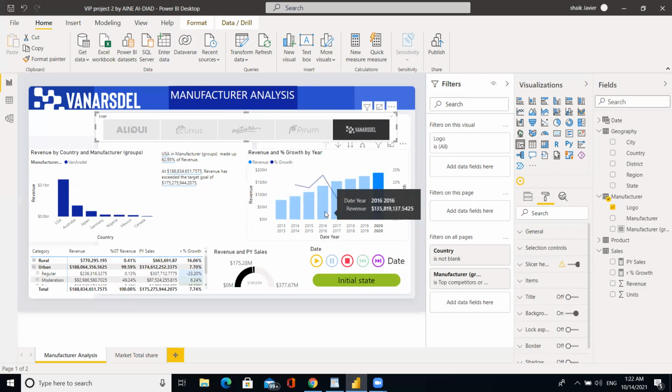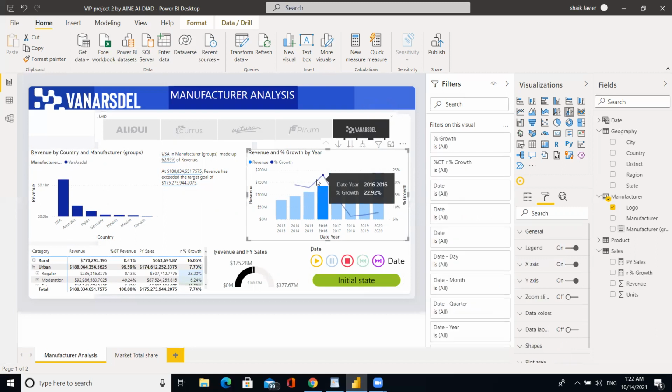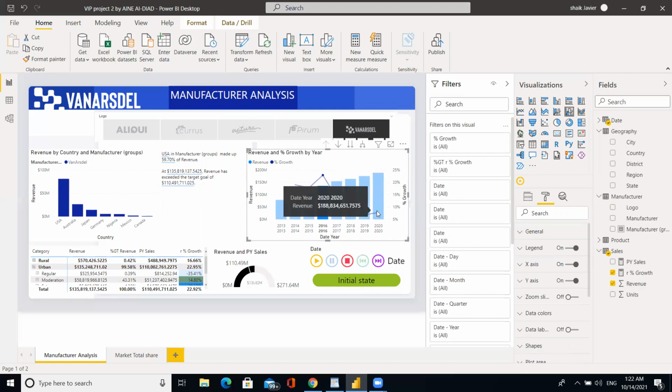Suppose it is revenue. Suppose I want growth, I click on growth. 22.9% in this, 22.9, see 92%, decreases to the 10%. Suppose I drill this,